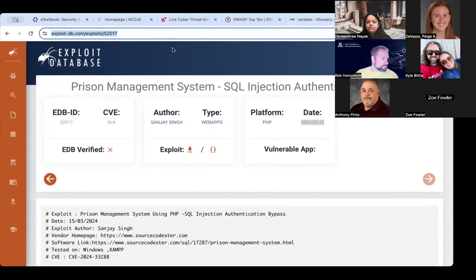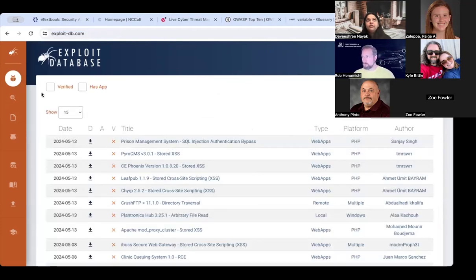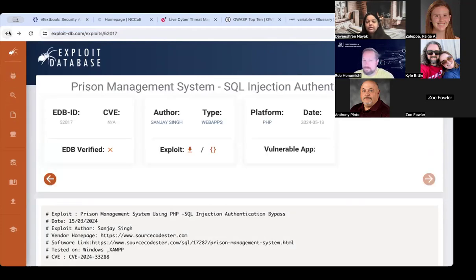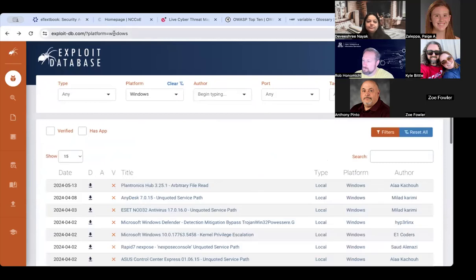So that's an example for you to share with students and come up with an activity like, okay, go to this database and find out what it's called. Give them a product name, for example, give them a platform name, or find out the top 10 exploits you find in 2024 or in this month, because it is reported every day, which is local rather than remote. So come up with ideas which will help them